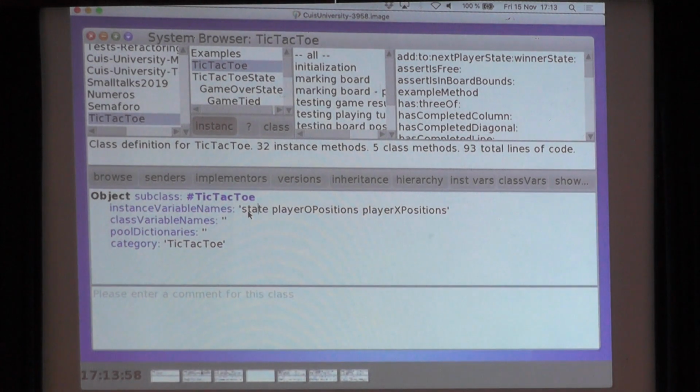So you may say, well, okay, but if I'm developing tic-tac-toe, I know the type of the objects, of the variables, so that doesn't give me too much information. Yeah, that's true if you have a good memory, but after 1 month, maybe you will forget, and it gets worse if you